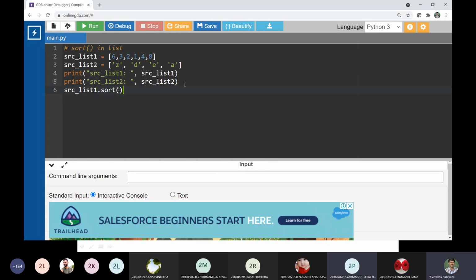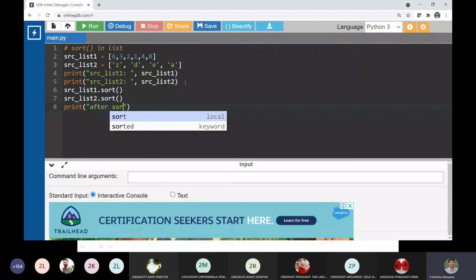The method is not returning anything, so the sorted list will be in source list 1 itself. Is that clear? In a similar way, I sort list 2, and it is stored in source list 2. Let us check. After sorting, source list 1.